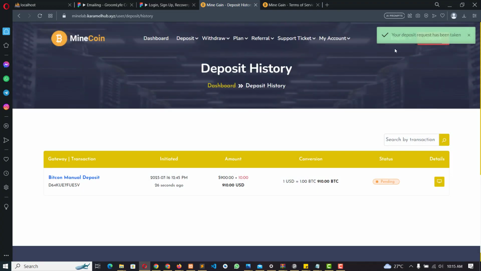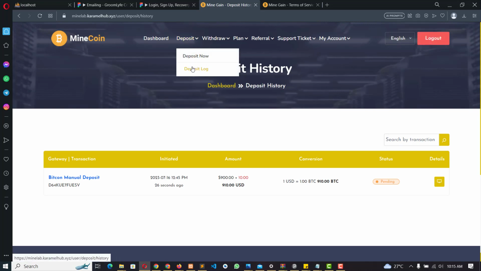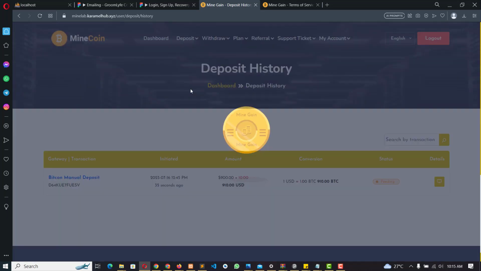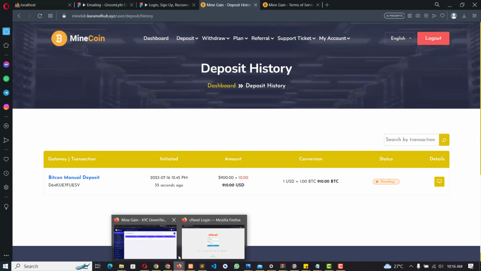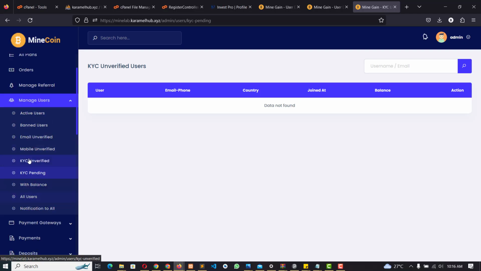You can see now it says your deposit request has been taken. So this is actually the deposit log. When you go to this place now, deposit log, you can see it shows your deposit log. So I'll go back to the admin dashboard now to approve this deposit so that the user account will be credited. So I'll go to deposits,